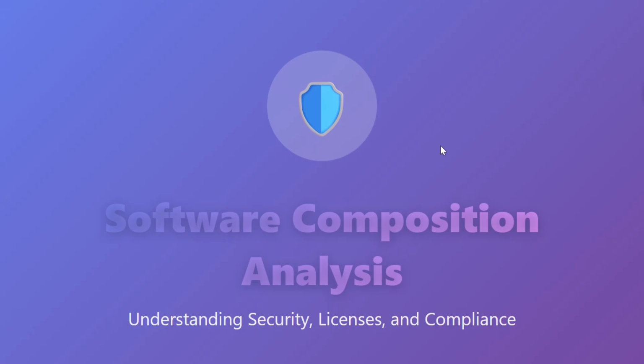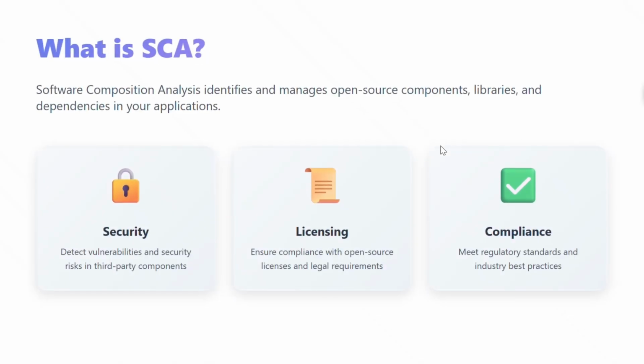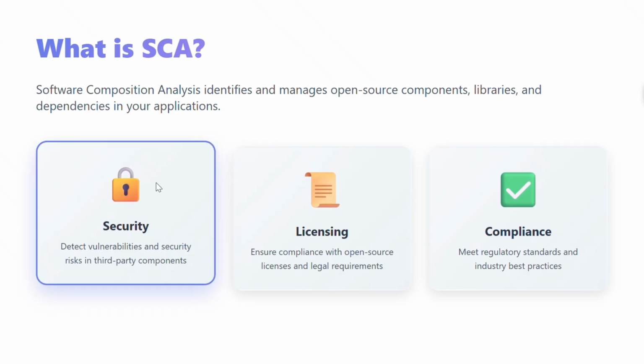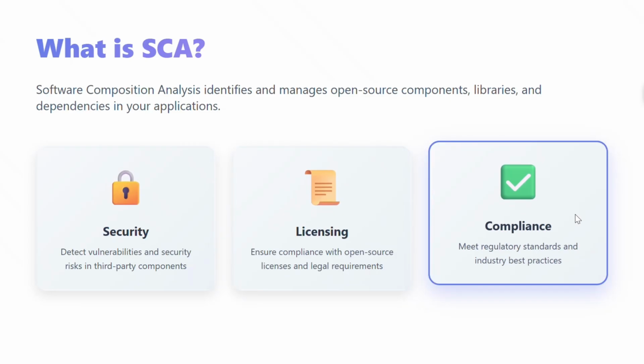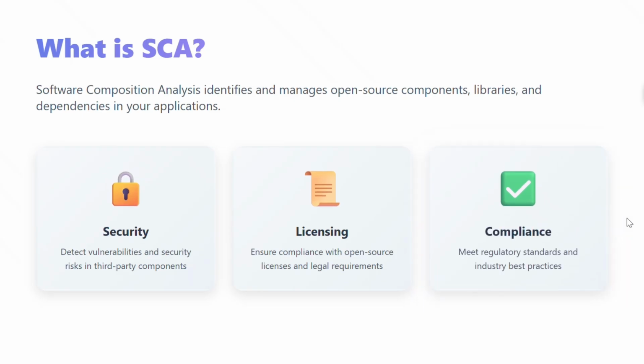First of all, SCA. SCA stands for Software Composition Analysis. A software composition analysis identifies and manages the open source components as well as third-party libraries and dependencies in your software application. That will help to detect the security vulnerabilities and the security risks associated with the third-party components, and the license information. It will ensure the open source licenses are compliant, and the compliance details also, like whether it is meeting the regulatory standards as per the standard regulatory bodies or not, and some best practices